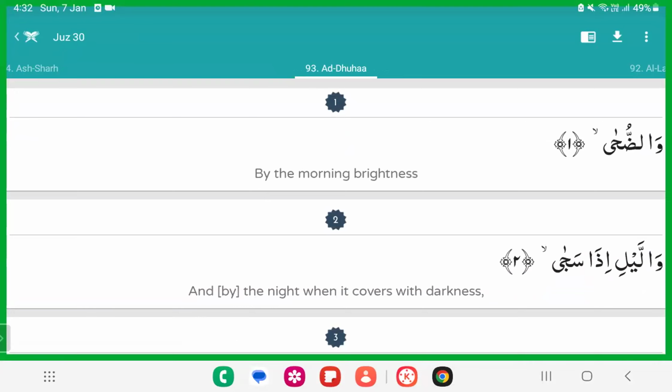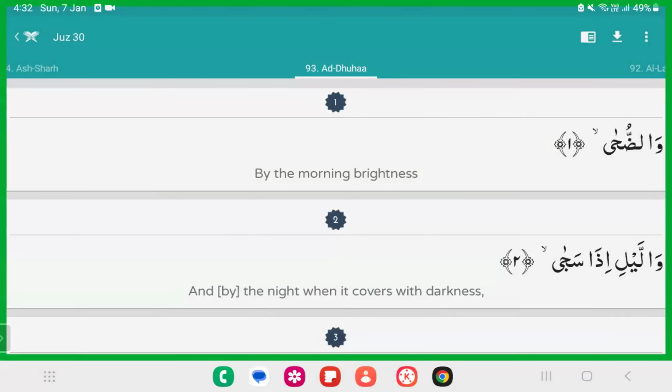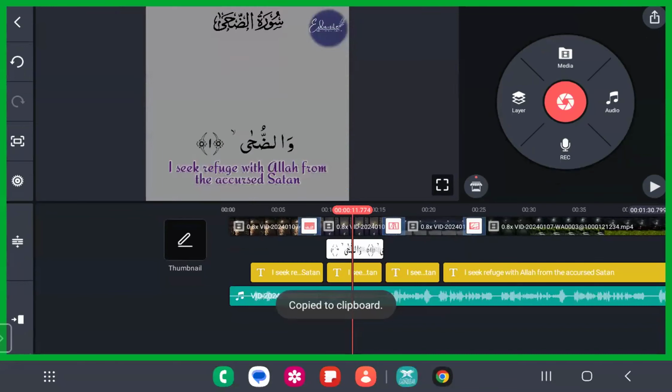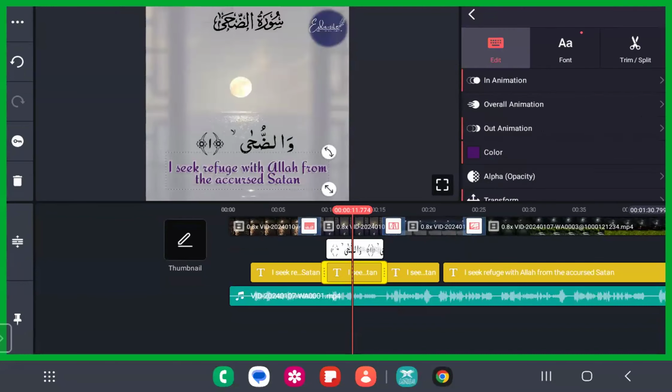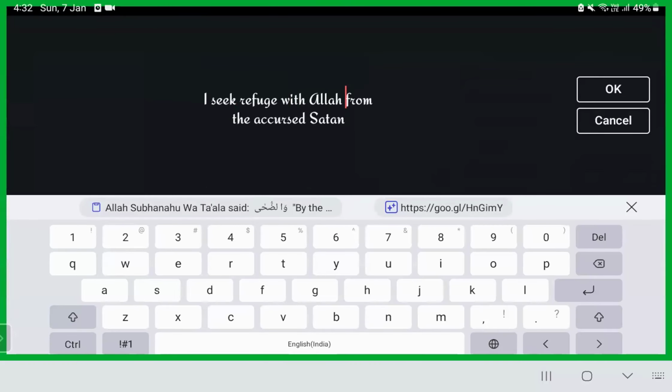Any doubts? Here is the translation of this verse in the Quran. This one is a Sahih translation, the most accepted translation. So I'm going to just copy the verse from here and paste it here. Okay, it's quite easy. I don't want you all to fear that it is difficult or something like that. It is quite an easy thing. It's an easy peasy thing.